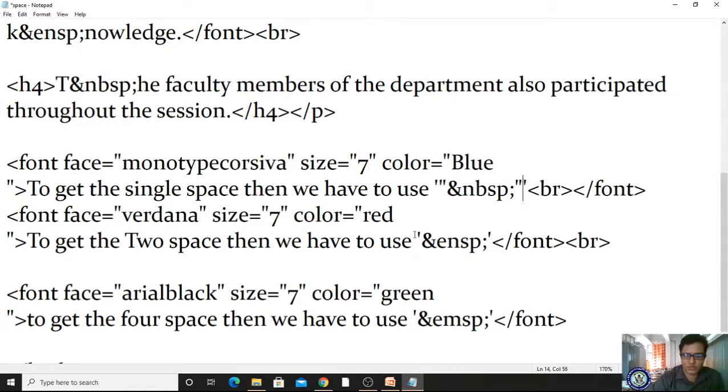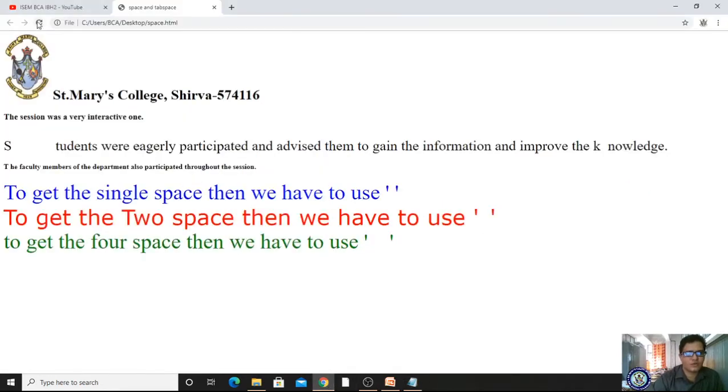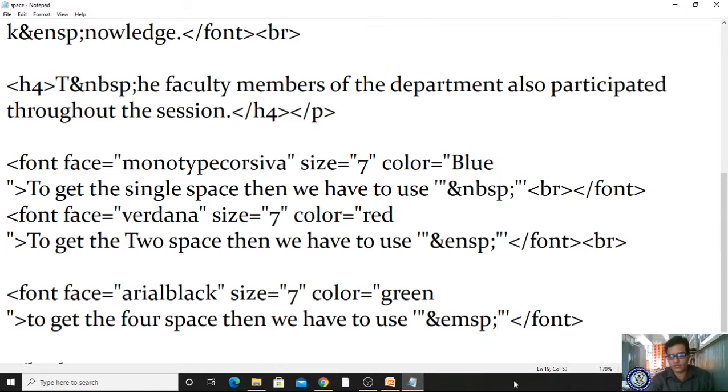Let me check what will happen. Let me check whether it will work or not. Yes, now saving. I'm coming here and refreshing. It is also not showing. Clear? So if I remove the semicolon here, automatically it will show.